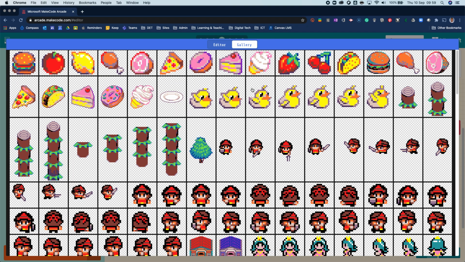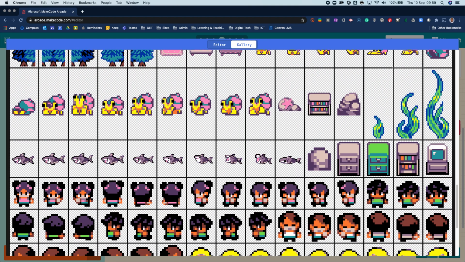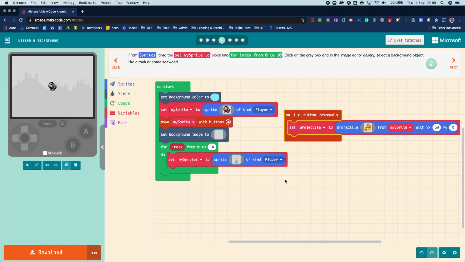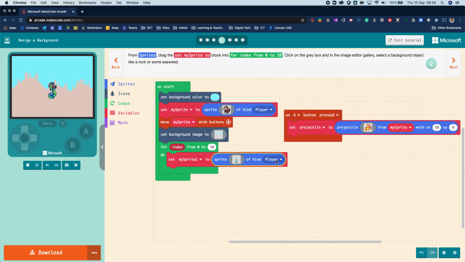Let's see if we can see some seaweed in the gallery rather than try and make some. There we go. Some seaweed. And then let's check it's similar. And we want to make that food. We don't want to make it projectile, character. So it's food. So then from sprites drag set my sprite position,